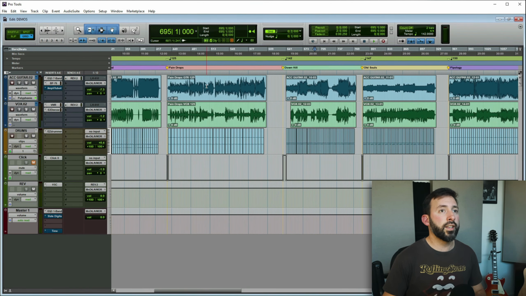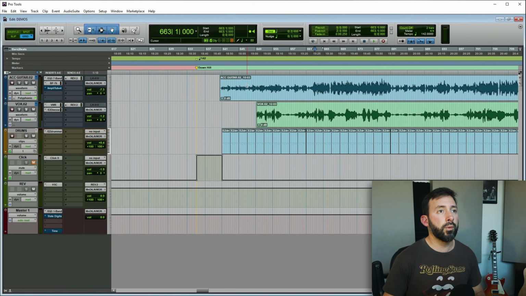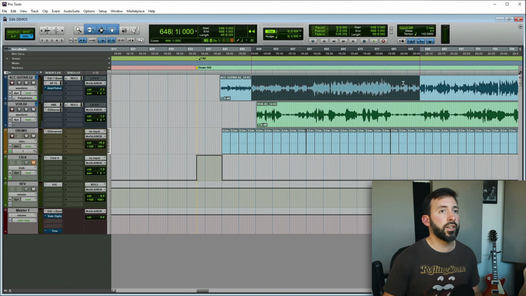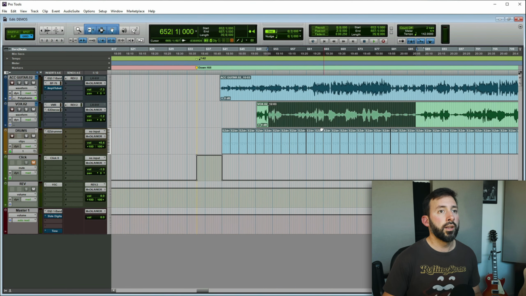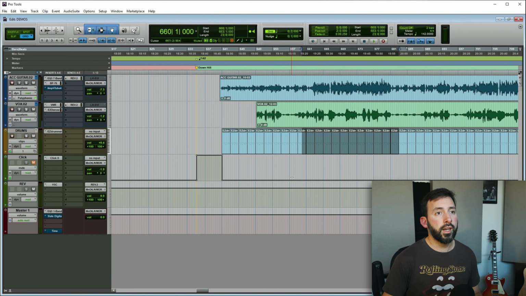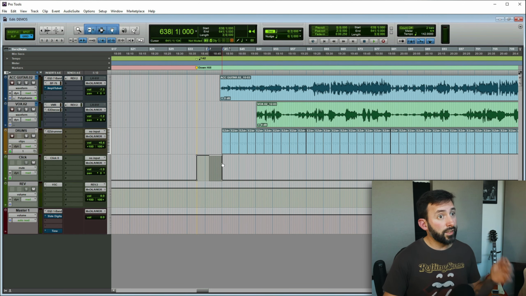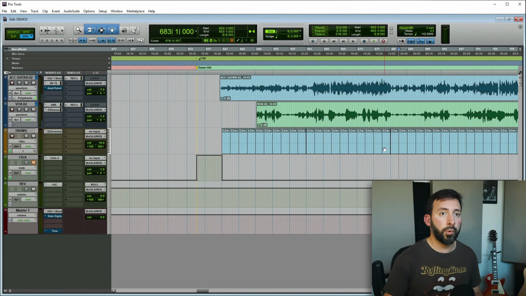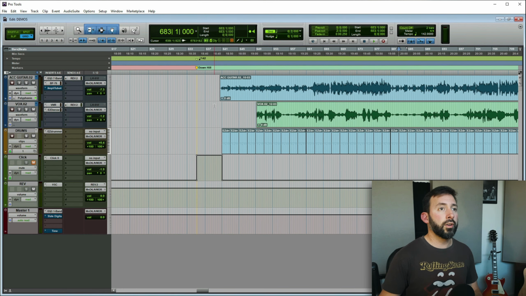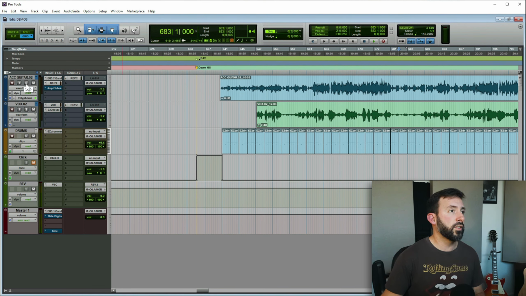So let me show you what I did here on this specific one on Downhill, which is just an acoustic guitar. As you can see here, acoustic guitar, a vocal. This is a program drum. This is a click, a metronome, but it's only working right here at the front, at the start of the song. After that, there is no more metronome. The program drum is doing the metronome. So let me show you one by one what it is in there.